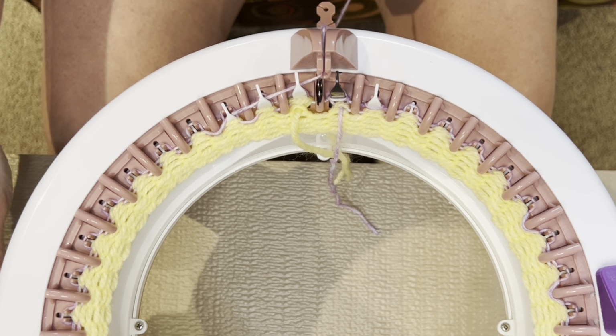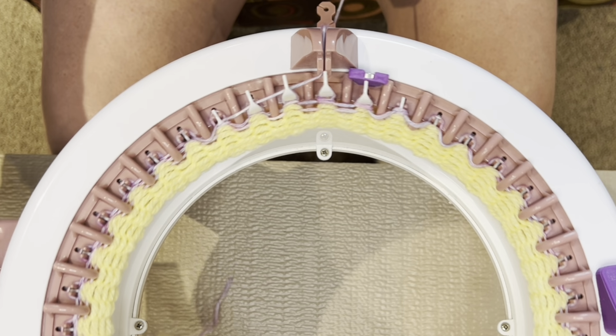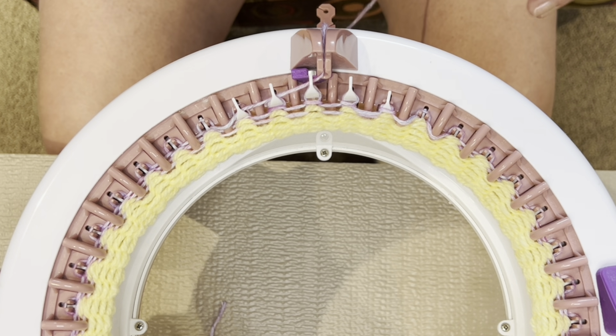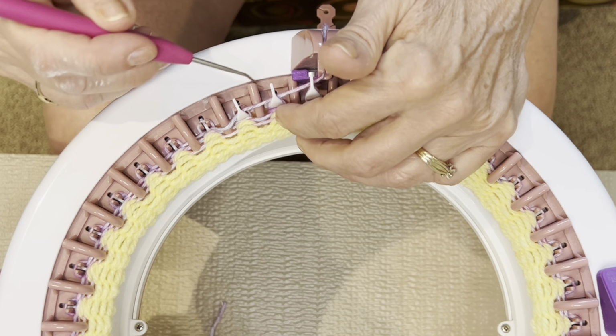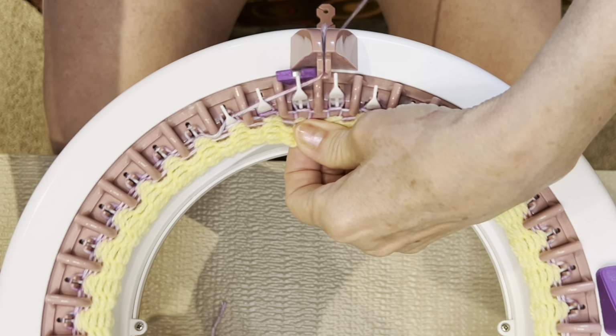to have enough time to drop down over those pink teeth. If you go too fast, they stick to the white needle, and like this one here, it's not going to drop down over the white teeth. So what would happen there is I would get a tucked stitch. So I'm going to take my loom pick and pop that over the pink teeth,